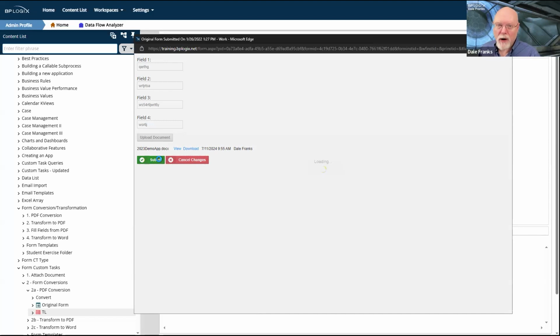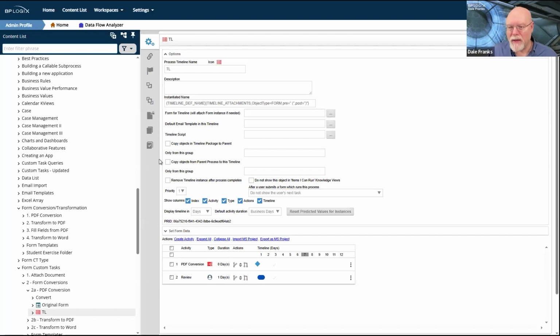And this is a very process intensive custom task. I'm not only converting my form, but I'm converting that document. And that was only a 6 megabyte. That's the biggest document that I have handy at the moment, and it's got a lot of images in it. And it took me a good long time to convert that document. And that was a quick one, given its size.